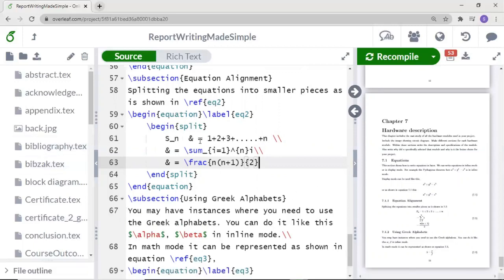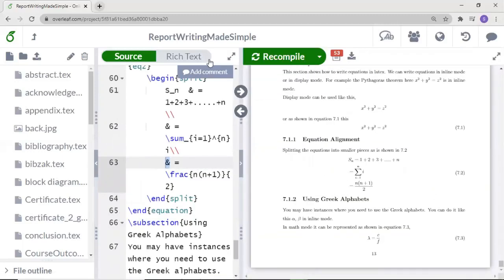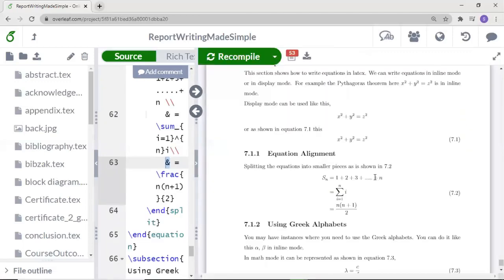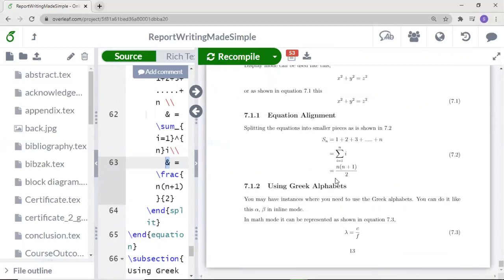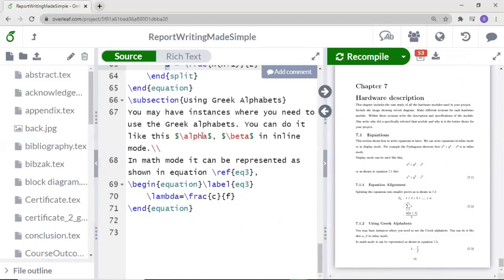So you have to align all these. To align them, you use the ampersand symbol at the point where you want alignment, like we have added it before the equal symbol. So all the equal symbols will be aligned. As you can see in the output, let's recompile it. See, all the equal symbols are aligned. So you can use the split block inside this.